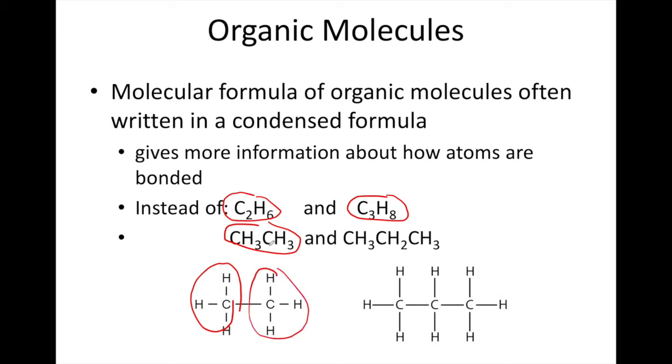Again, 2 carbons, 6 hydrogens. They're both correct, but this second condensed formula gives us a bit of a heads up about how the atoms are going to be bonded. Here with the second one,